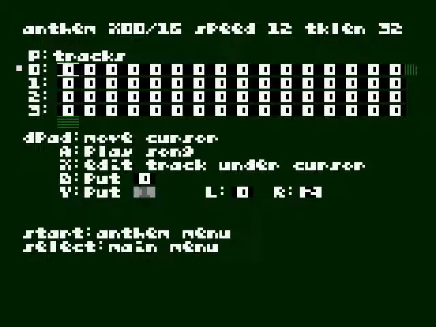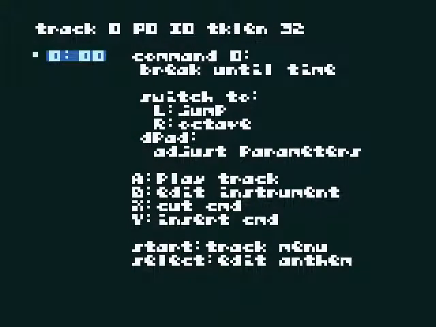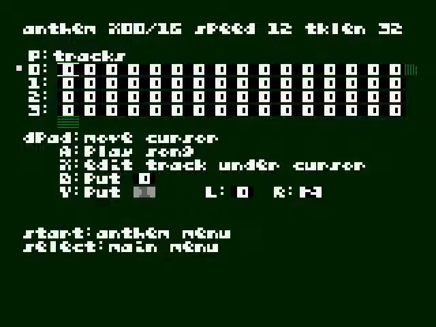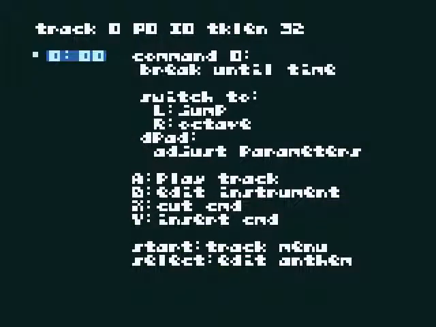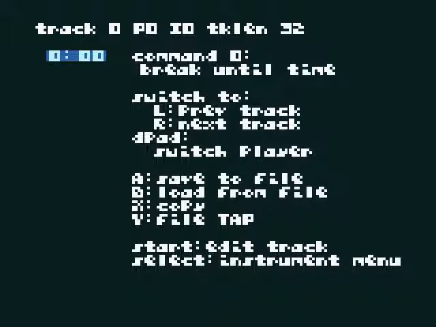Okay, so what you see when you come to this music menu is the anthem or the song. This just lays out the tracks, and I think I've gone through this a little bit before, but the idea is you stick in your music piece by piece here. You press X to edit a track specifically. So for example, if I want to edit the track here and maybe start adding something,